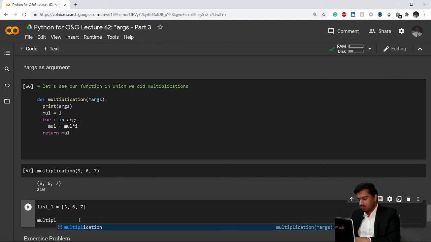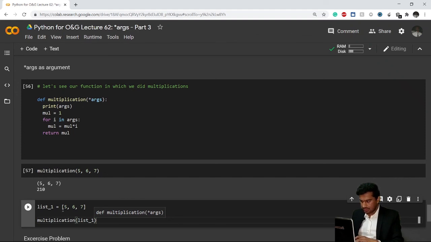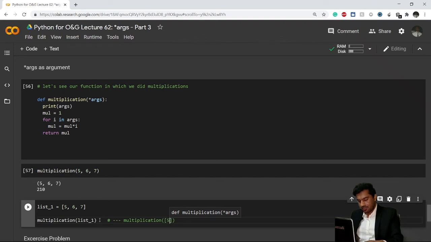I'll call multiplication and pass this list inside my function, that is list1, because this contains 5, 6, 7. This basically means the same thing as writing multiplication and then 5, 6, 7. I've just stored the 5, 6, 7 values inside a variable, list1.